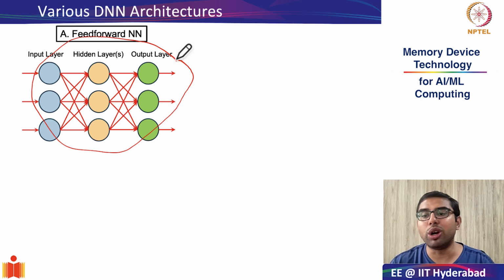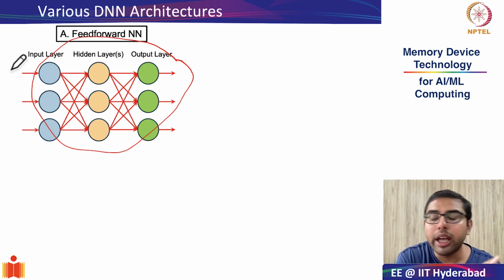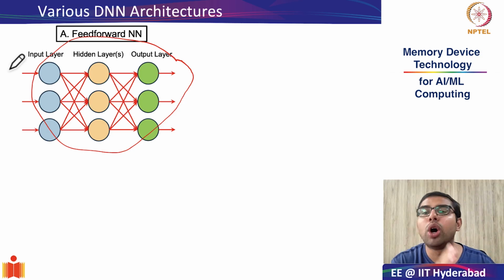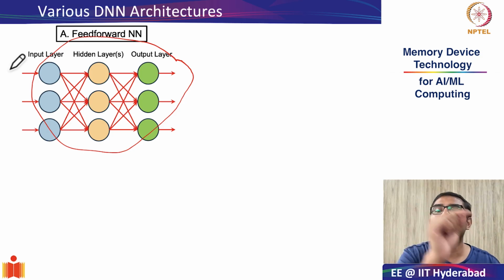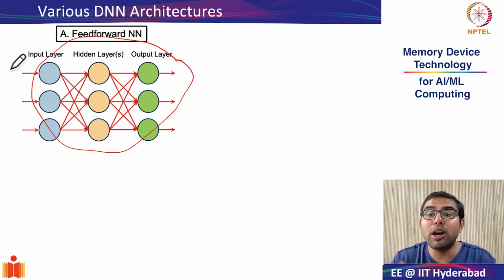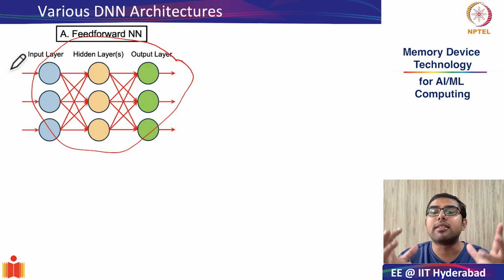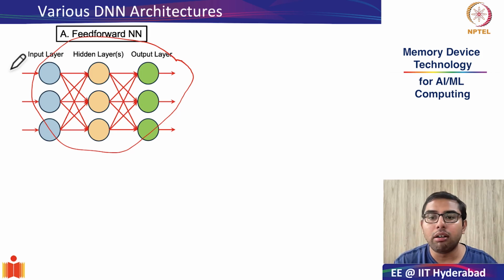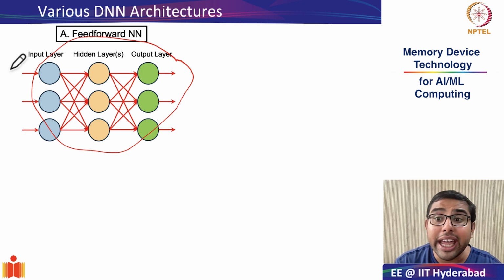In a feed-forward neural network, information, as you can see, is only flowing in one direction, from the input through the hidden layers to the output. There are no loops or feedbacks. And because of that, these are often called multi-layer perceptrons or MLPs. They are the fundamental building blocks of neural networks, and they are very efficient and very good for solving simple classification tasks and regression analysis when the data does not have any special structures or any special features.